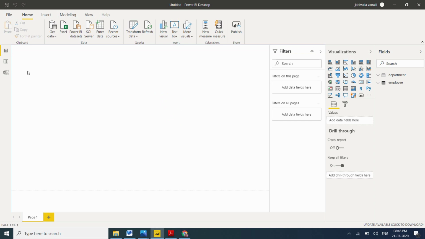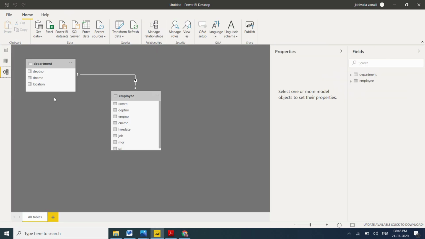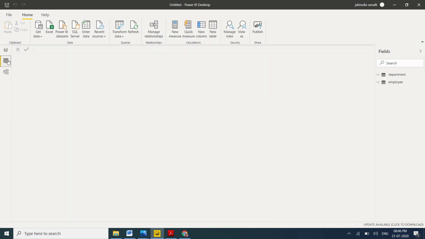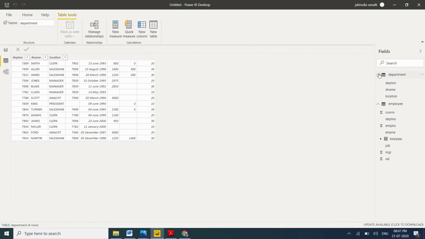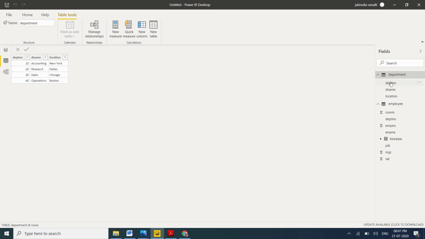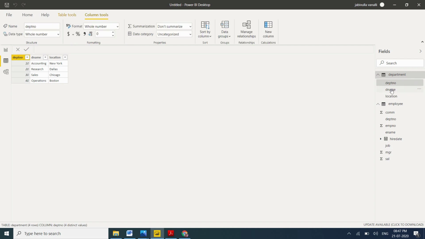Okay, my tables are loaded now. Employee and department are related by the department number. Come to the data view, come to the employee table. Here employee number, name, job, MGR, hire date, salary, commission, and department number are there. And if you come here, the department table has department number, department name, as well as